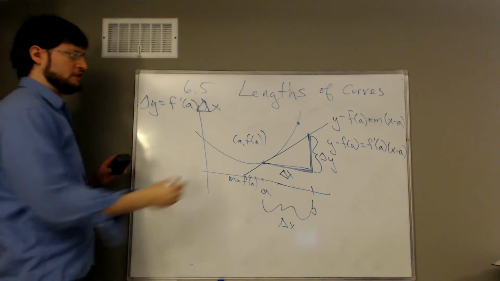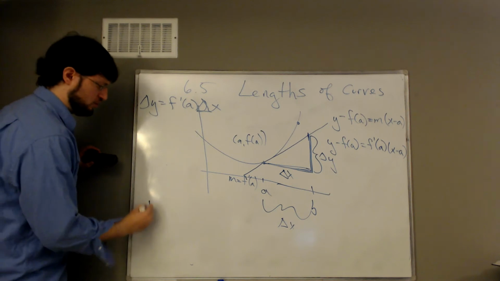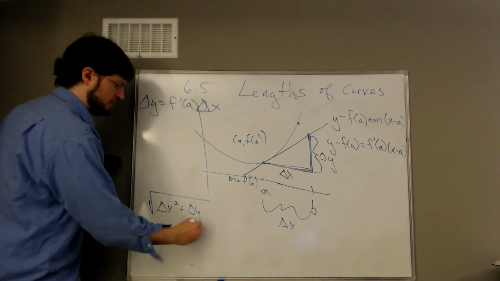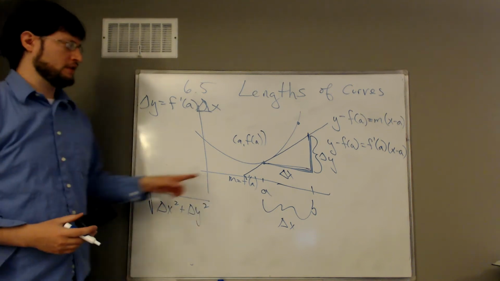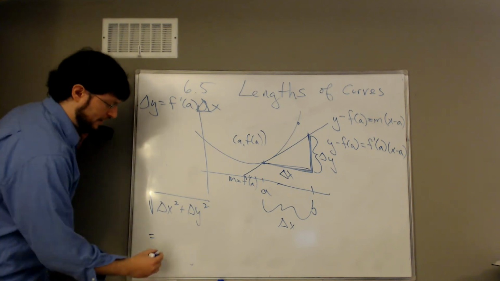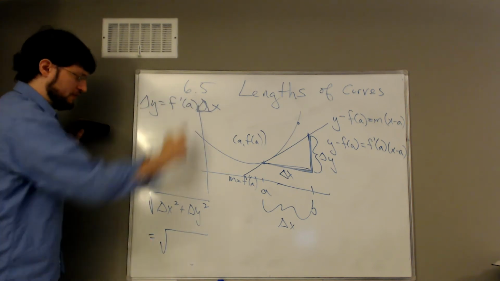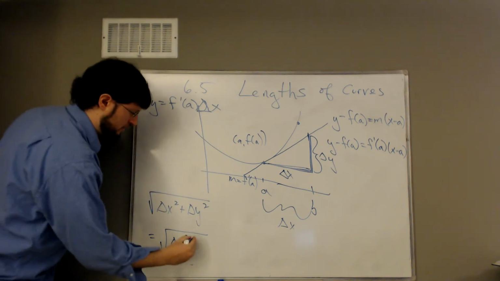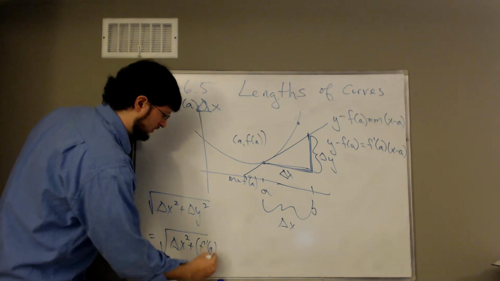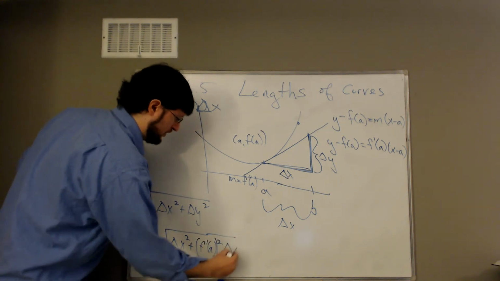And so the distance is really just the Pythagorean theorem. The distance is the square root of delta x squared plus delta y squared. And that's the distance along the tangent line. But that's the square root of, according to what we've got here, delta x squared plus f prime at A squared times delta x squared,